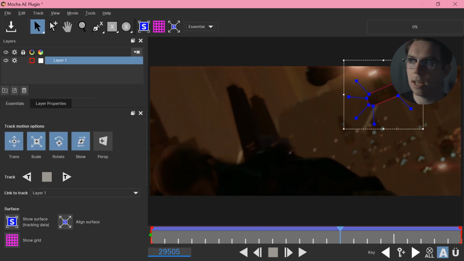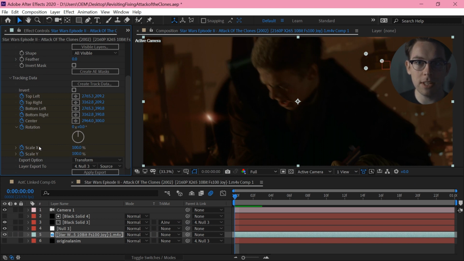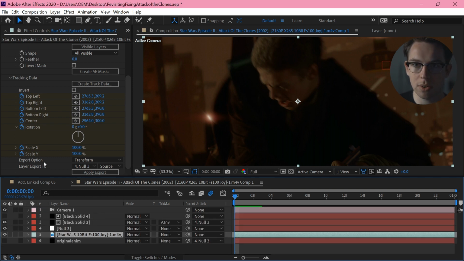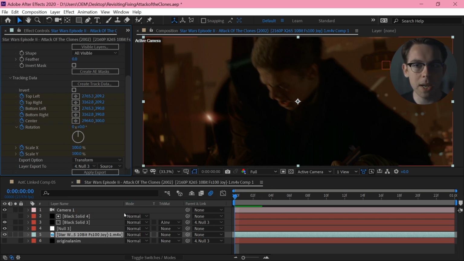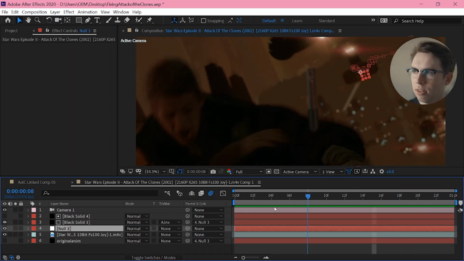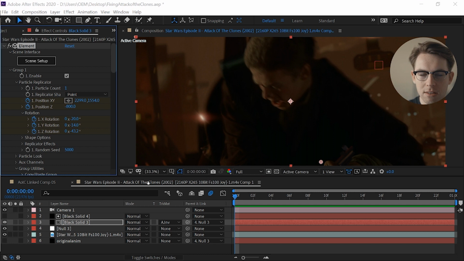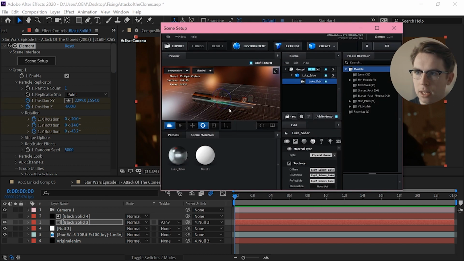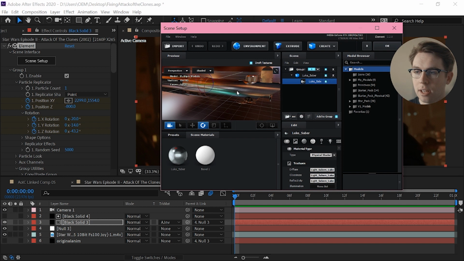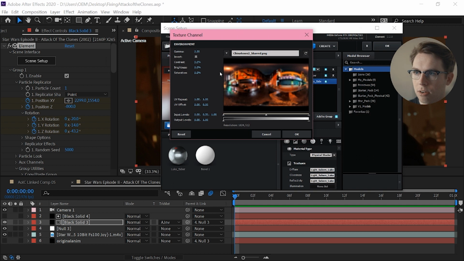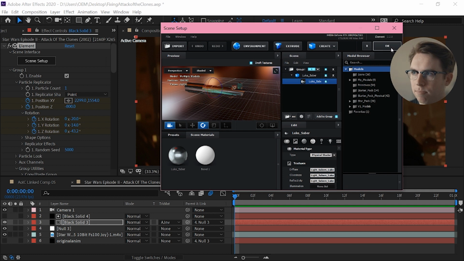So I take that, I save that back into After Effects, and it gives me all of these keyframes, which look like this, and that's great, but that's not what I want. I want to export the transform information to a null object so that I can parent the lightsaber to that null, which is moving around, and then I have my 3D lightsaber. So I just use Element 3D for the lightsaber from Video Copilot, and actually there's Luke's lightsaber model, and for the environment I'm just using this HDRI of Chinatown because it matched the colors close enough that it kind of worked.